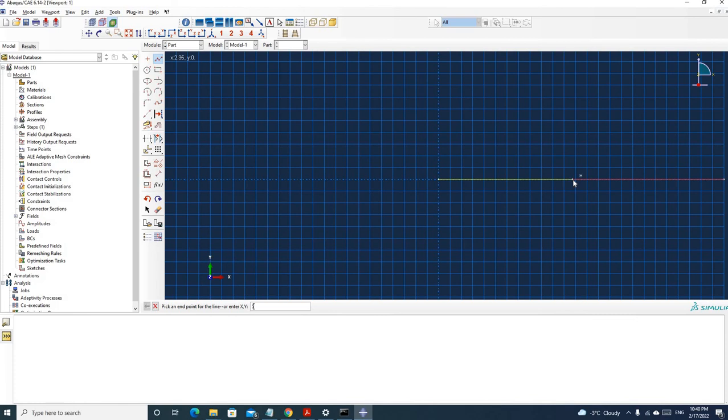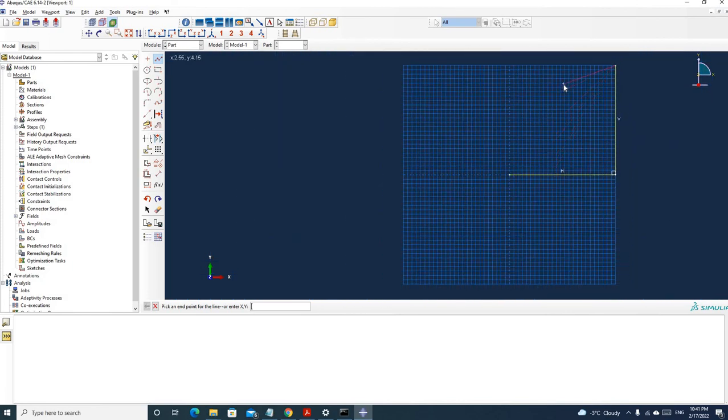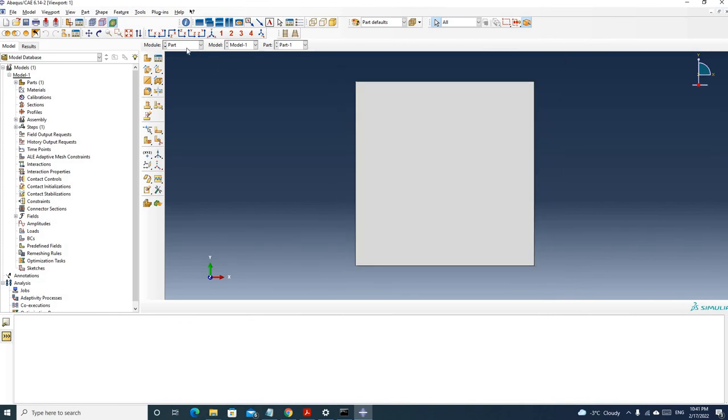Then the next point is 5, 5. Then the next point is 0, 5. And then we need to close this geometry. So click this point, and then hit the middle mouse button and click done. Now we have this